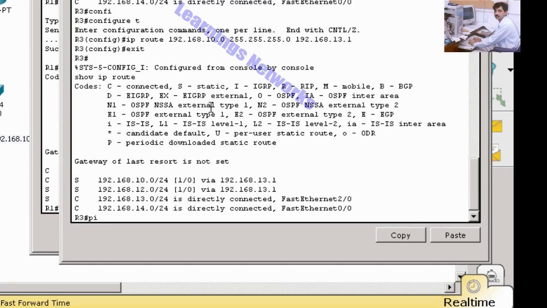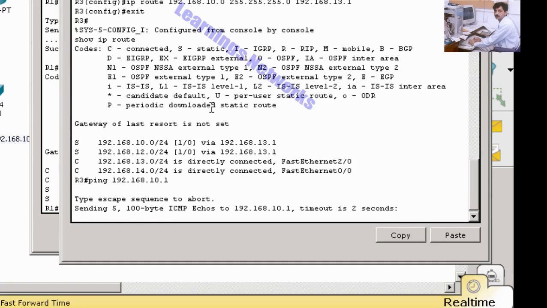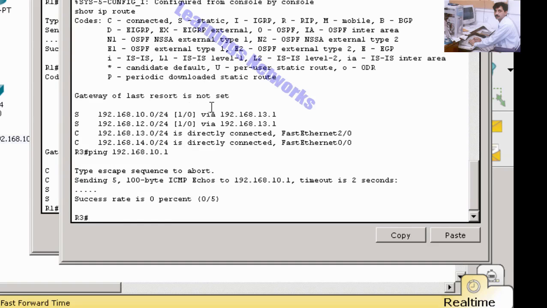Now we check whether R3 is seeing the 10.0 network. The 10.0 network is also not found. It means we now troubleshoot our network. In R3 we found that the 11.0 network is not in the routing table of R3.